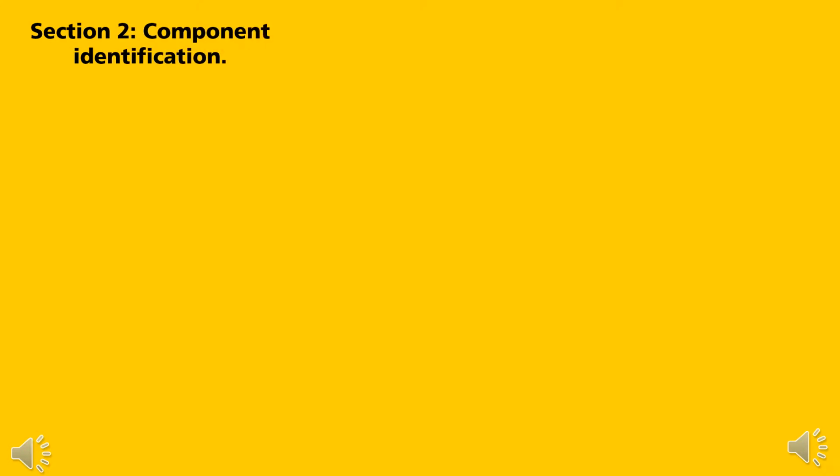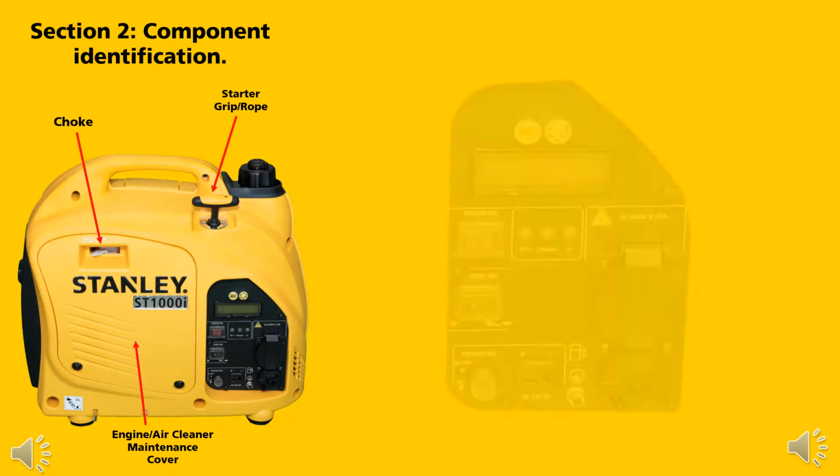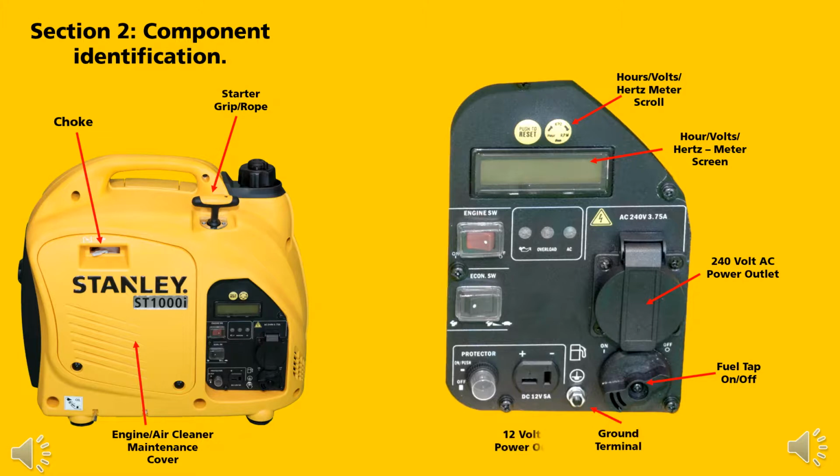Section 2. Component identification. Choke, starter grip rope, engine air cleaner maintenance cover, hours volts hertz meter scroll, hours volts hertz meter display screen, 240 volt AC power outlets, fuel tap on and off, ground terminal, 12 volt power outlet, 12 volt DC circuit reset, economy switch on and off, engine switch on and off, AC overload button,